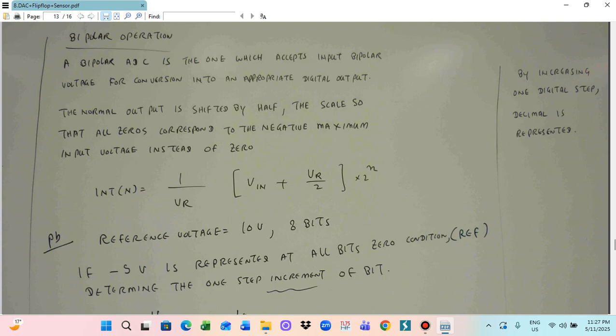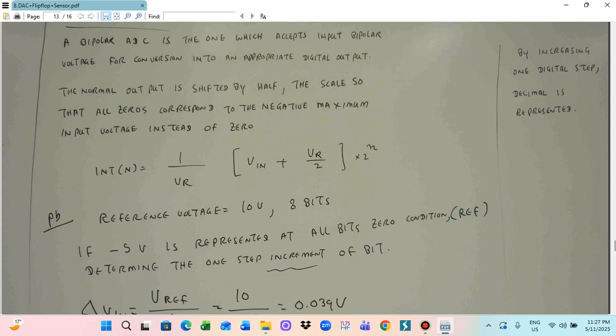The next one is the bipolar operation. A bipolar analog to digital converter is the one which accepts the input bipolar voltage for conversion into the appropriate digital output. The normal output is shifted by half the scale so that all zeros correspond to the negative maximum input voltage instead of zero. So the integer power of the voltage can be calculated. The signal can be calculated as N equal to 1 by VR multiplied with Vn plus VR by 2 multiplied by 2 power